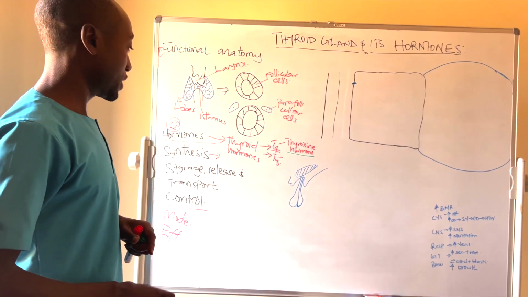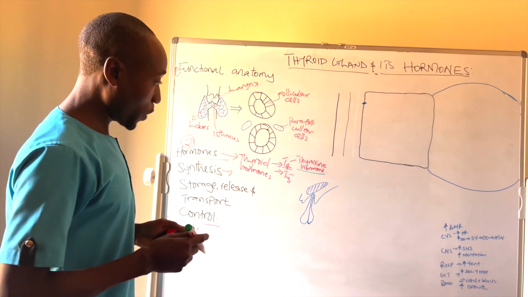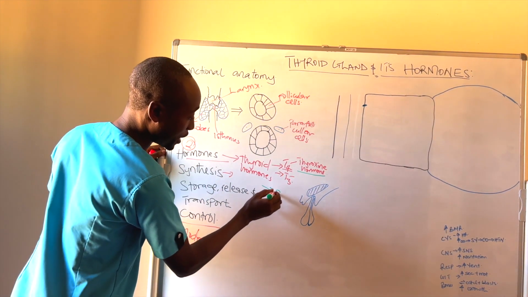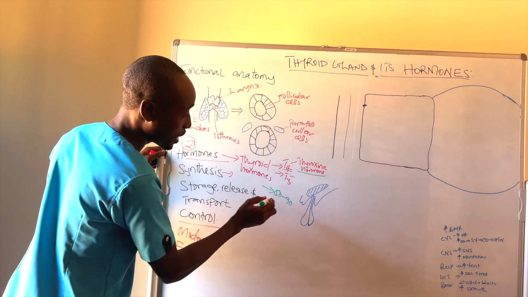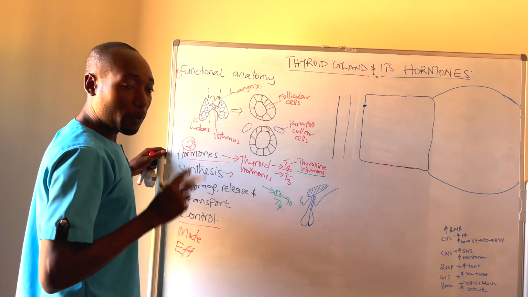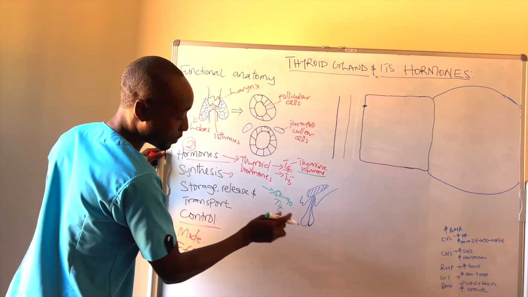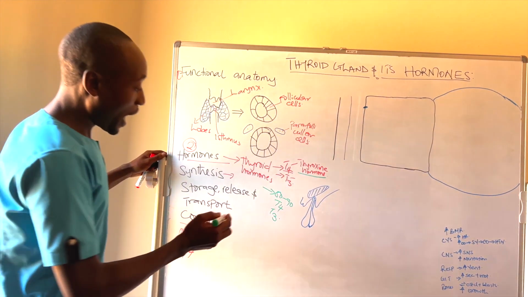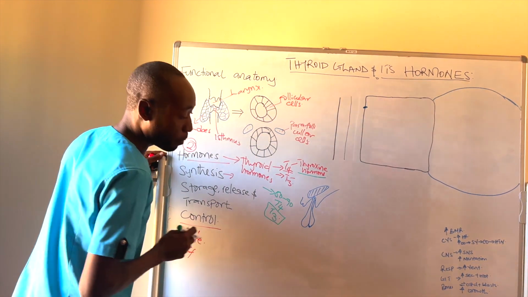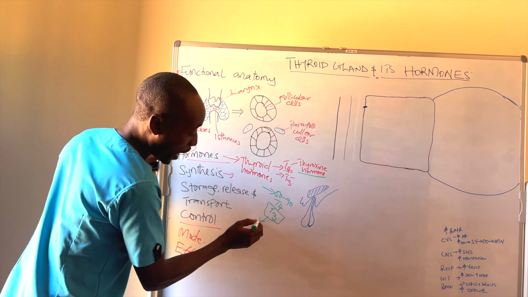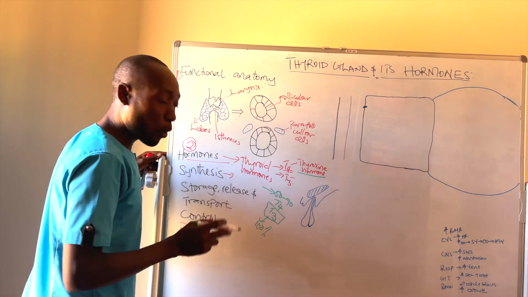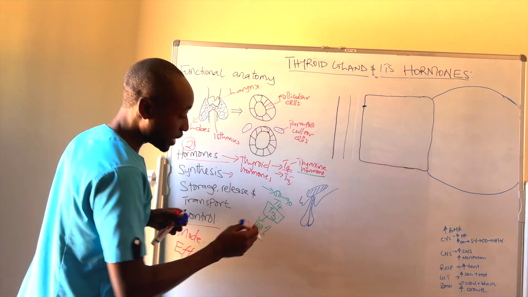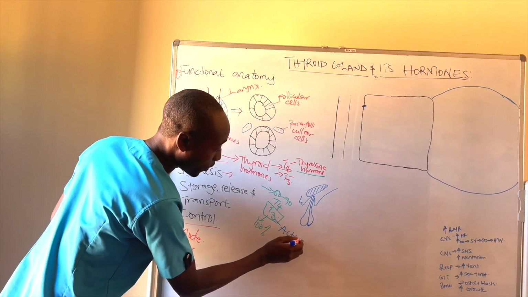So let's look at the synthesis of these hormones. But before we look at that, we need to understand that this thyroid gland produces about 80 to 90% of the hormone it produces as T4. Okay, meaning the remaining about 10 to 20% is actually T3. But the thing that we need to understand is that whereas we have a very small percentage of T3, T3 is about 100 times more potent than T4, and therefore this is the active form. Okay, T3 is the active form